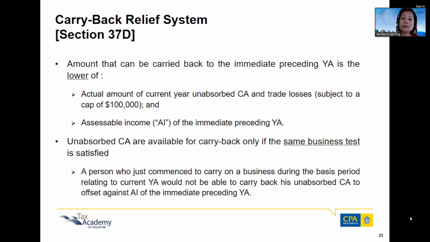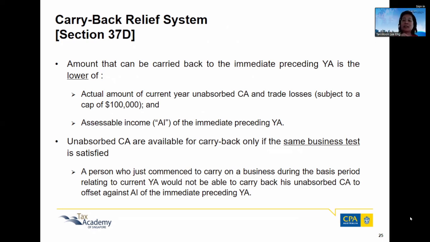Carry back is subject to a certain quantum, which is 100,000, carried back to the preceding YA, and make sure that the preceding YA indeed has assessable income. It must have income for you to utilize this loss or this CA to offset against the income of the preceding YA. Okay, carried forward and carried back for CA, there is this same business test to be satisfied,